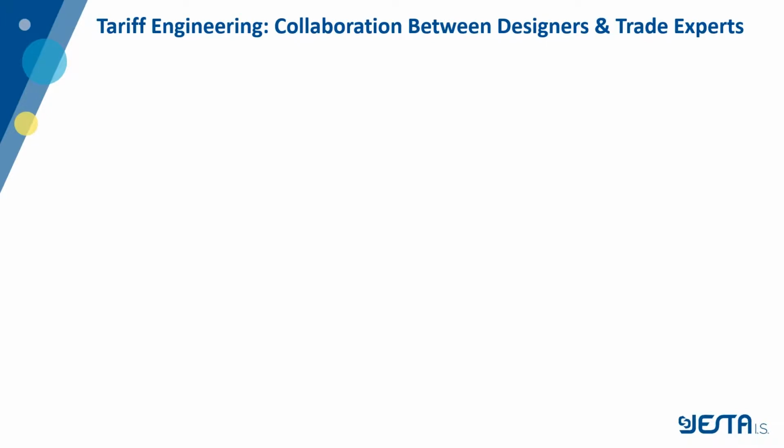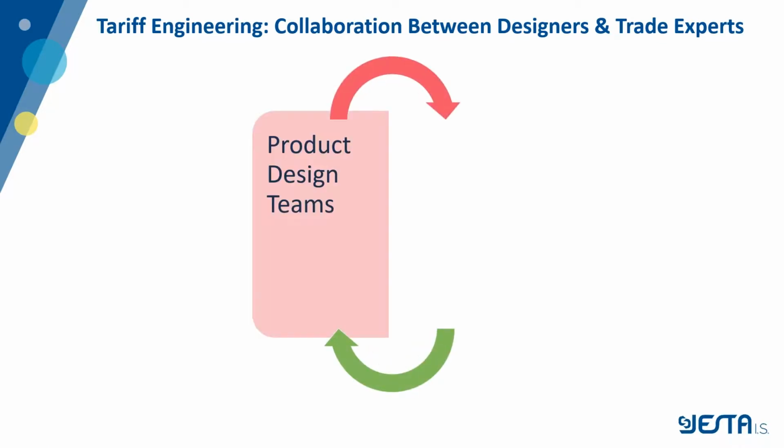So collaboration between designers and trade experts is going to become one of the most potent competitive advantages for the companies that are able to achieve that. So what it translates to is that you have the design teams and the trade experts sitting together in the same room and figuring out the most optimal way to engineer a product as well as the finished product